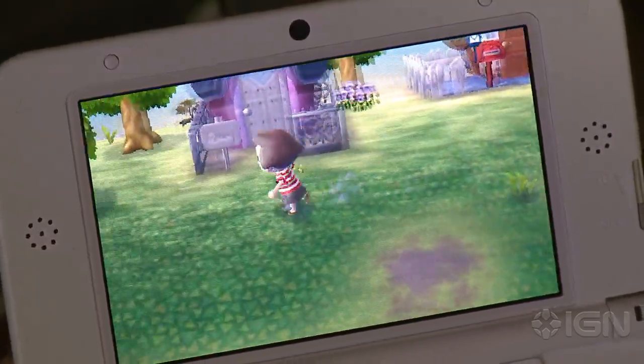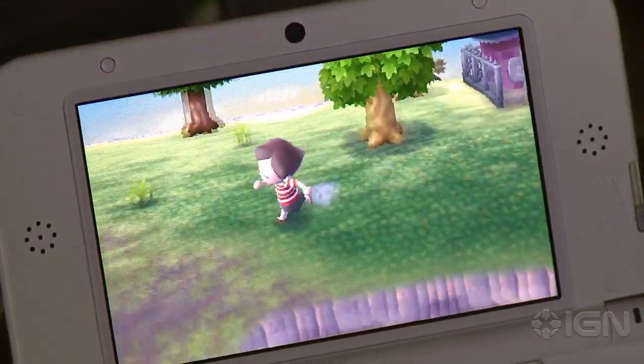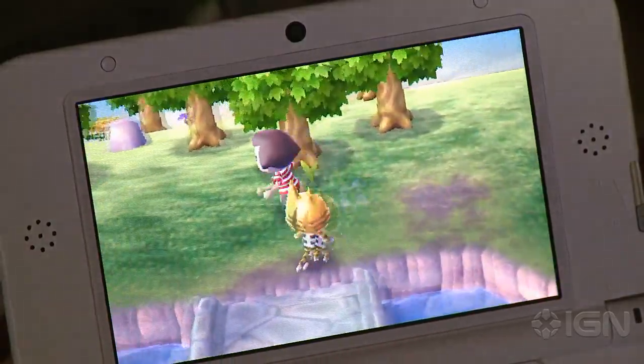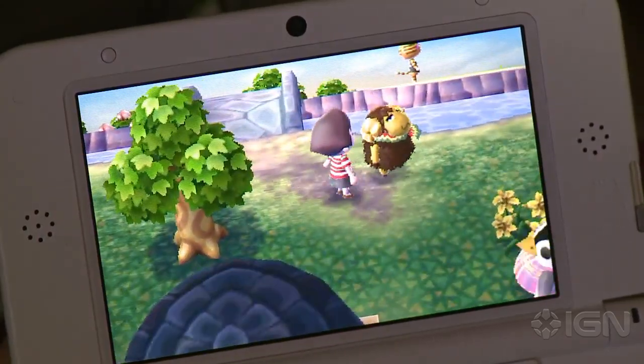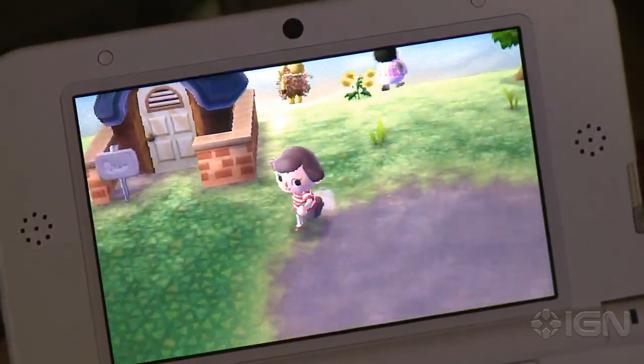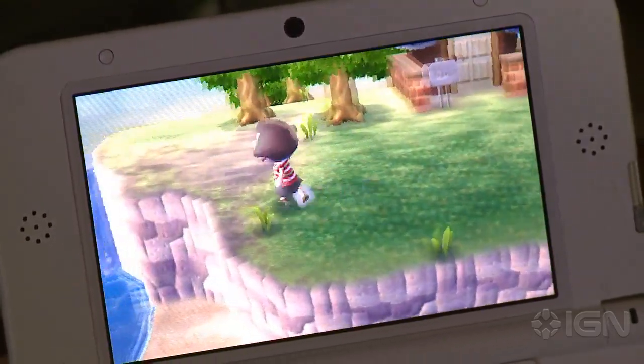No stuff. But I have letters. I kid. But look, you can put fences and different roofs. Yeah, you can do a lot of customization with your house, if you have the bells. Exactly. Look at that ram. He has a scarf. This is the extent of my in-depth commentary. It's very insightful. So run to the right